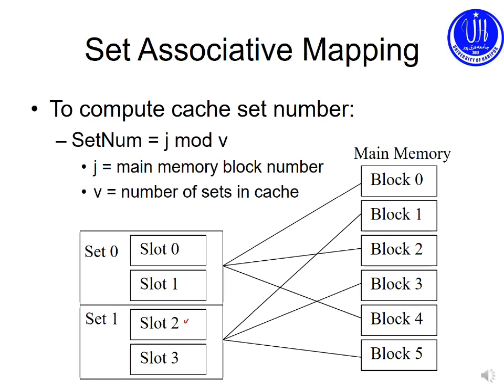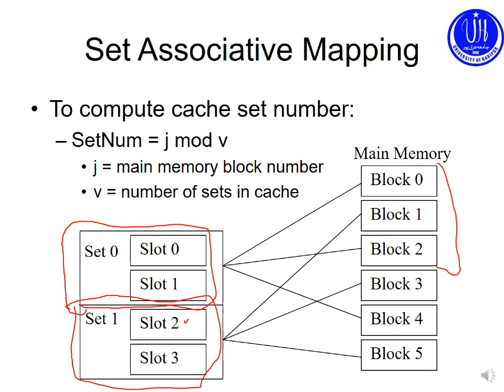The first 2 lines are grouped and called set 0, and the next 2 are set 1. Suppose we have main memory with 6 blocks. The first 3 blocks are directly mapped, meaning that blocks 0, 1, and 2 must go to set number 0, and blocks 3, 4, and 5